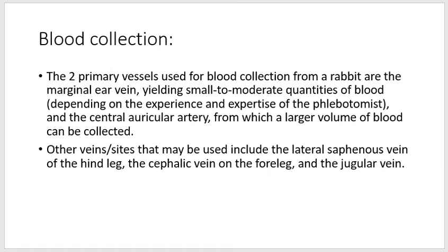collection in a rabbit. We do not collect the blood blindly, but there are specific places from where we collect the blood from the rabbit. The two primary vessels used for blood collection from a rabbit are the marginal ear vein, yielding small to moderate quantities of blood depending on the experience and expertise